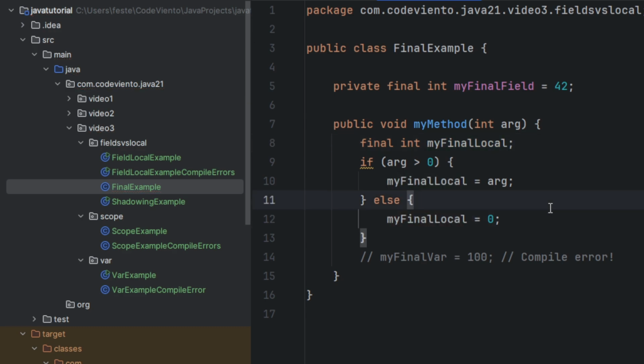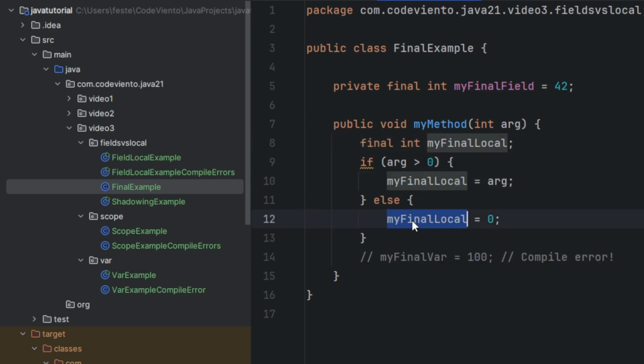Okay, it's better. Here we define a myFinal local variable, okay? Final just means you can assign it a value once, but the assignment doesn't have to happen when the variable is declared, okay? For example, we create a final variable local here and we define our final variable later.